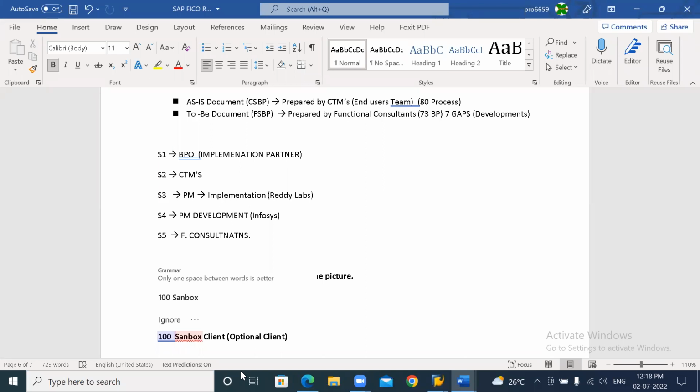Okay. So here I'm taking an example. In my development server, I'm creating one partition called sandbox client. What is this? This is optional. In real time, you may find it or you may not. Clear? For example, in my project, I'm a project manager doing one small implementation project, a small